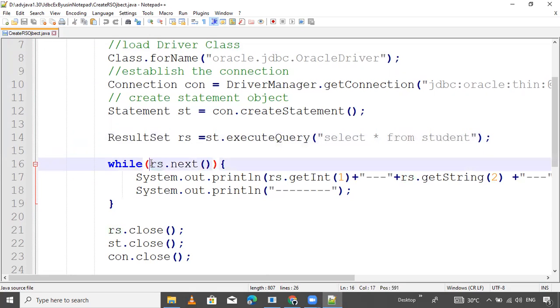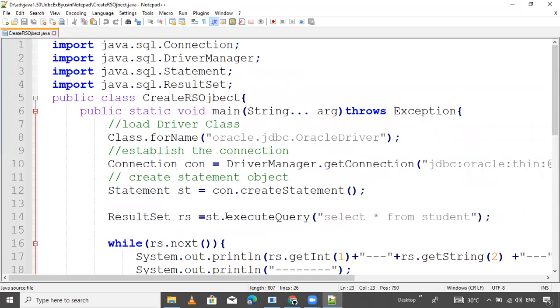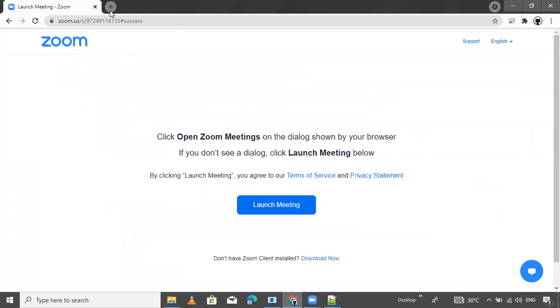When it returns false, the loop terminates, and the ResultSet, statement and connection are closed. I prepared this example in the last session.